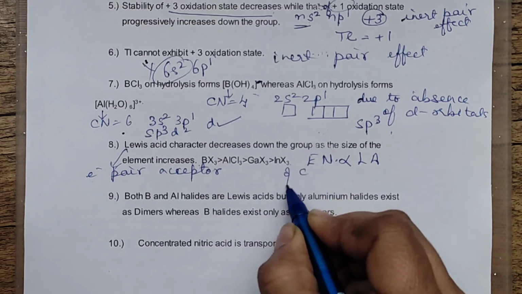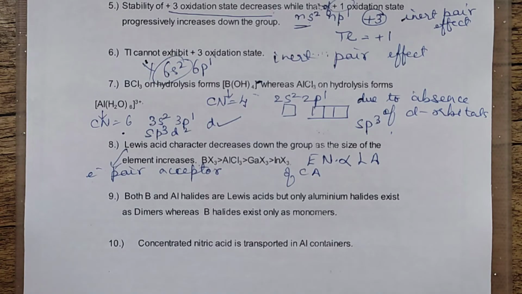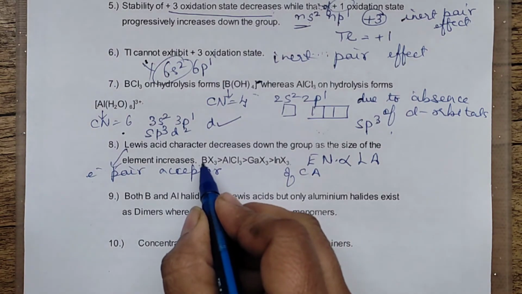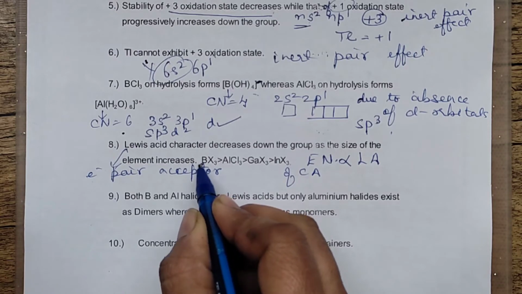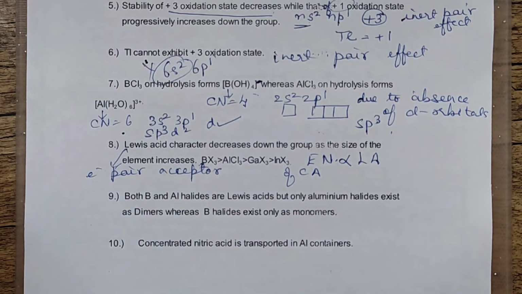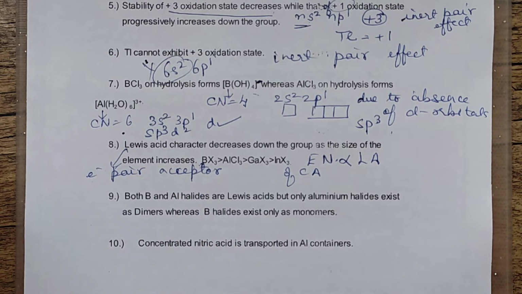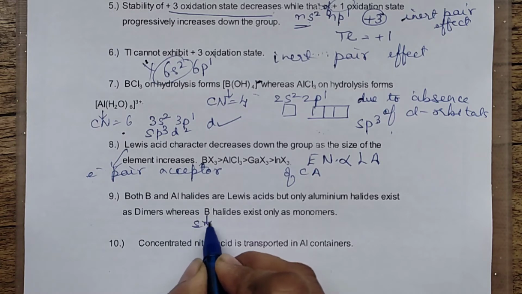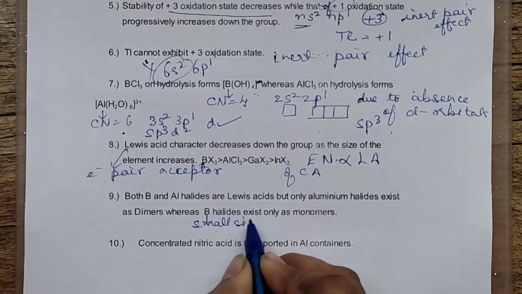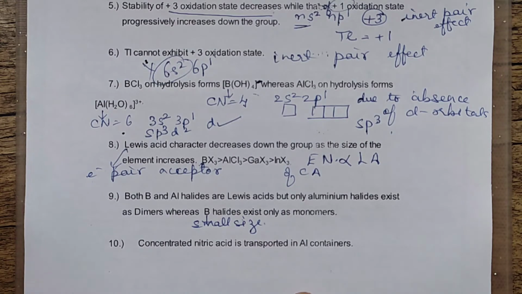If the central atom is smaller in size, its electronegativity will be more and it will have more tendency to take electron pairs. Therefore, it will be a better Lewis acid. The next says both boron and aluminium halides are Lewis acids, but only aluminium halides exist as dimers, wherein boron halides only exist as monomers. For this, you can write boron is small in size. It is having a very small size, due to which it cannot